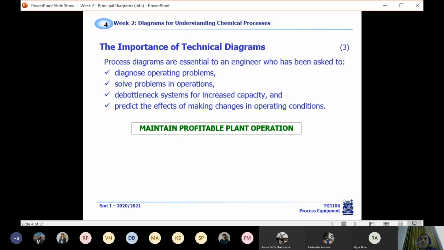So by just showing that principal diagram, you can see probably the error or the malfunction of the unit. For example, you have a cooler using an air cooling system, and the outlet of the air cooling system, in today's PFD, for example, the process flow diagram for today, means that the temperature is around 50 degrees C.